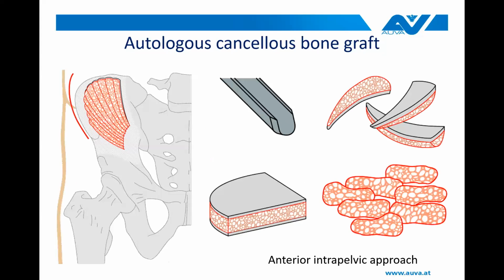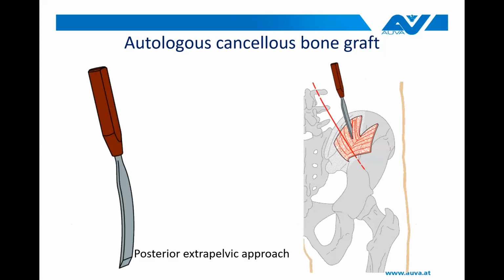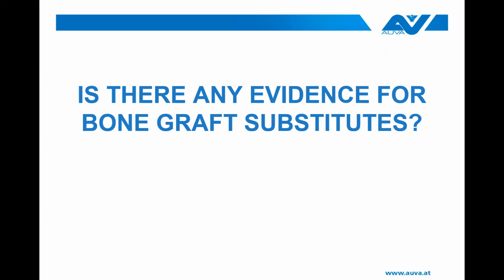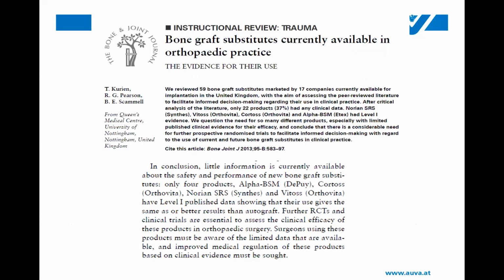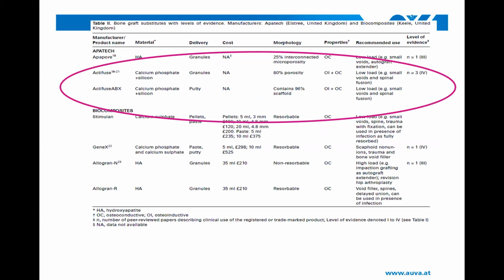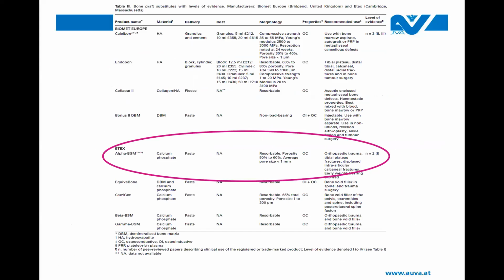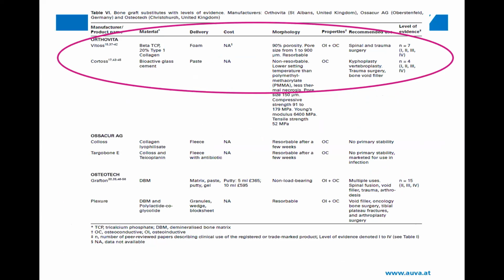There are different techniques to take the autologous cancellous bone graft from the pelvis, inner side or outer side, with different approaches possible. But is there any evidence for bone graft substitutes? To be short, no, not really. Maybe you know the ActiFuse, or you know the Alpha BSM, or maybe you know the Vitoss or Cortoss. And to be honest, there are only 1 to 4 level 1 studies to show that there is somehow any evidence for these